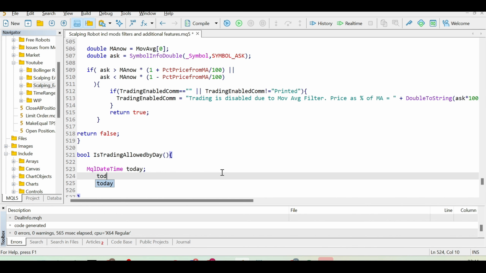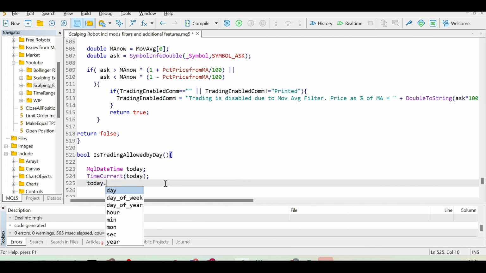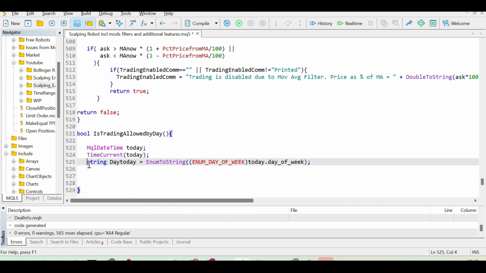So for example, if you say today and then you hit dot, you will get the value of day, day of the week, year, hour, minute. So it breaks down into a structure, the MQL date time, which has now that structure. So by day, day of the week, hour, minute, we can break down the time. And that then gives us the possibility to create a string variable, day to day,